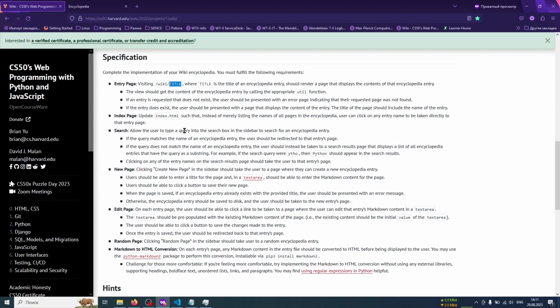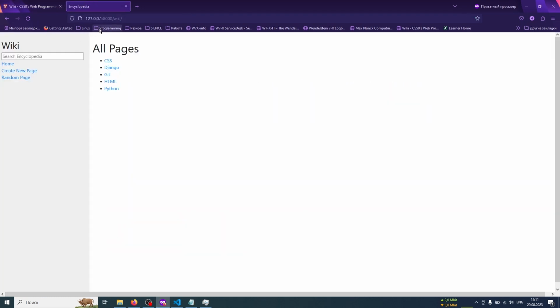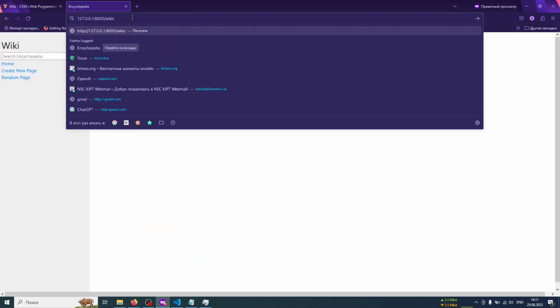Our task was to complete the implementation of our own Wiki encyclopedia. We start with the folder which consists of MD files with a title and the information about this title. When we write the title here, we have to go to the page with this title. Okay, let's try. Write here C